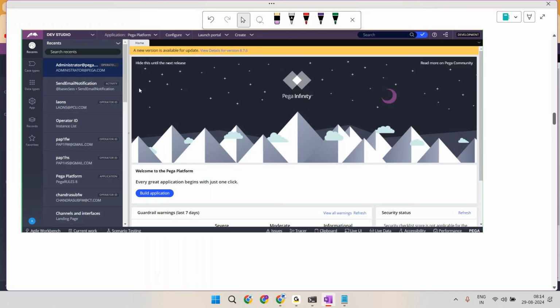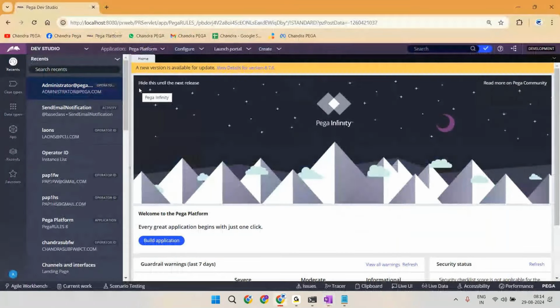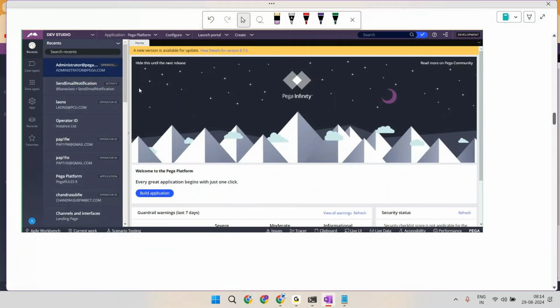Whatever you see in your personal edition and in the enterprise edition, everything will be 100% the same. The installation process alone will be different. So even in real time, if you log in, you'll get the same screen. And here, the top one, whatever you are seeing at the top,